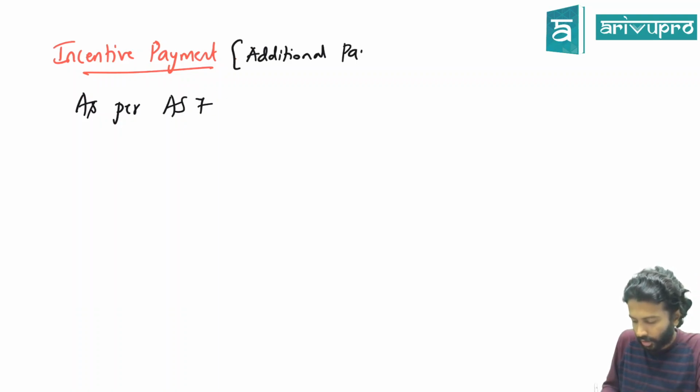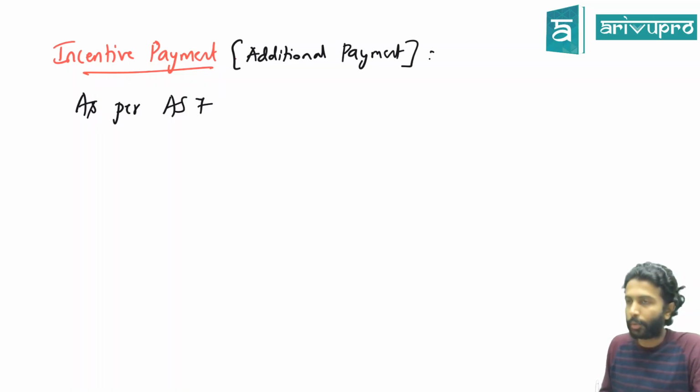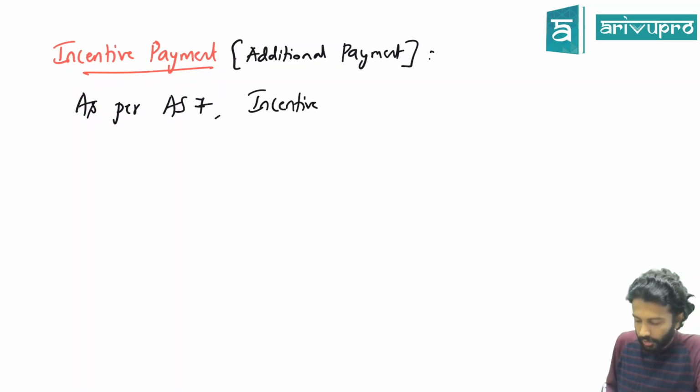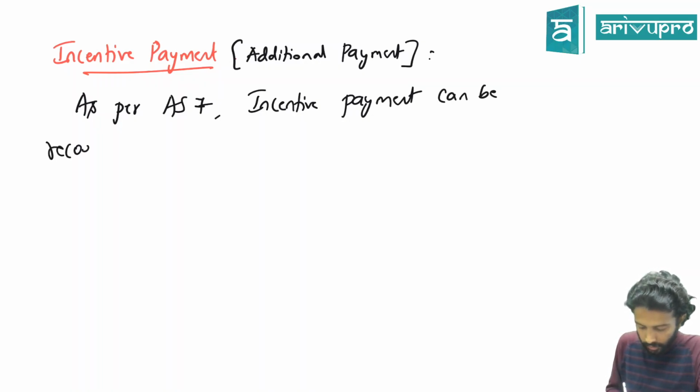Other than the contract price, you're getting something extra for completing the work before time. So that is known as incentive payment. So as per AS7, incentive payment can be recognized as revenue,